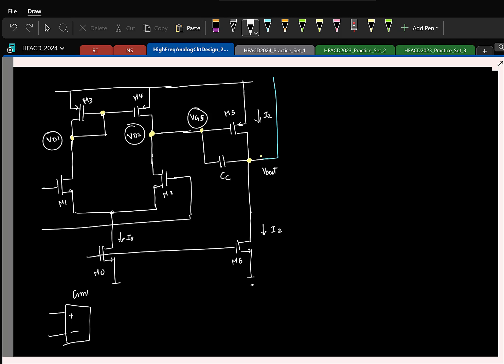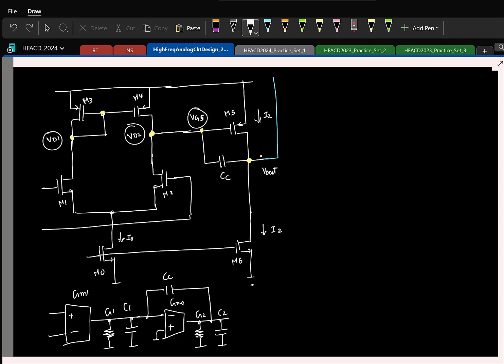And compare the two. So gm1, intrinsic conductance is G1, capacitance is C1. This is the gm2. So this is G2 and C2, and then you had the compensation capacitor CC. So now let's say you want to connect the load conductance and load capacitance, right? Here also you'll basically go and connect the same,